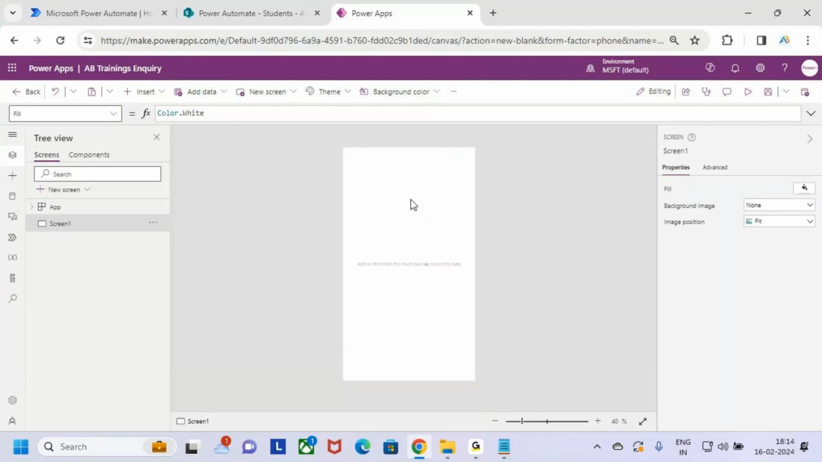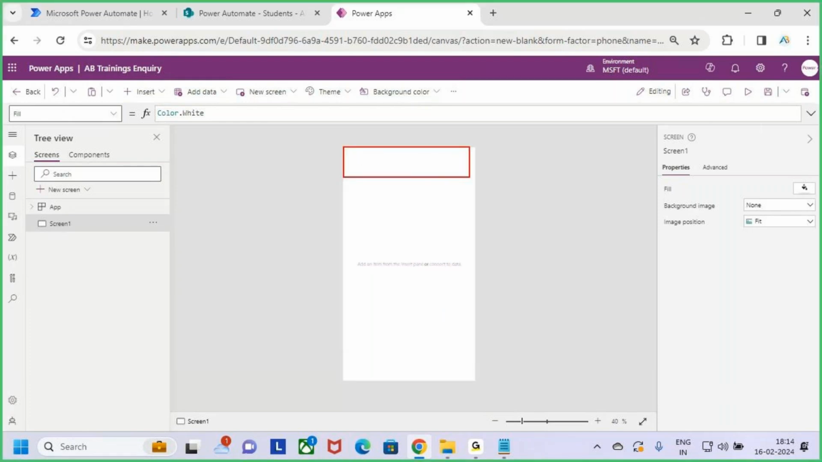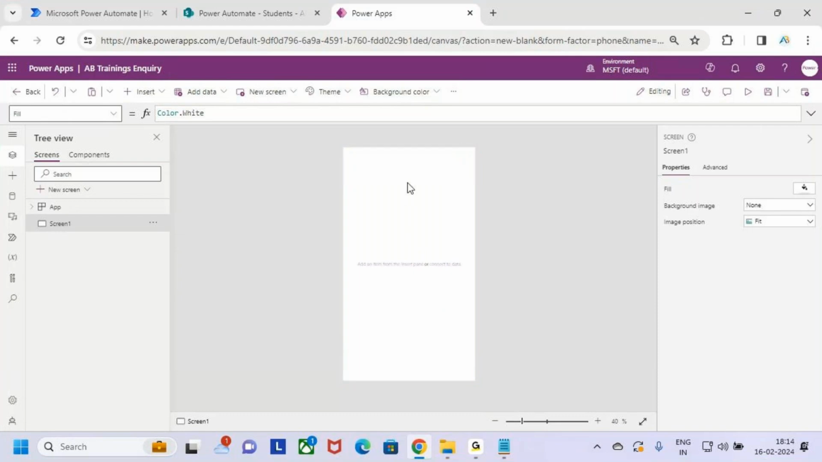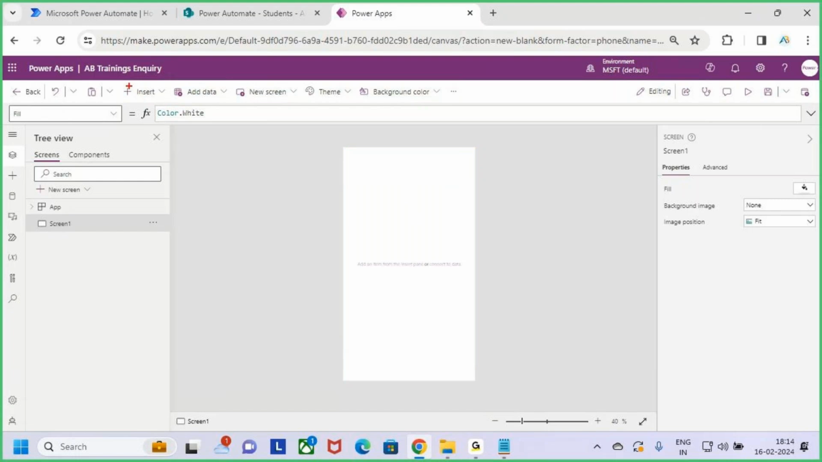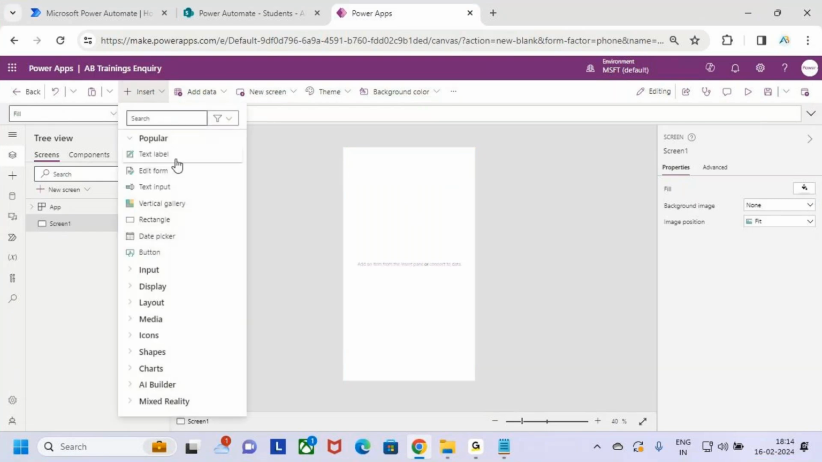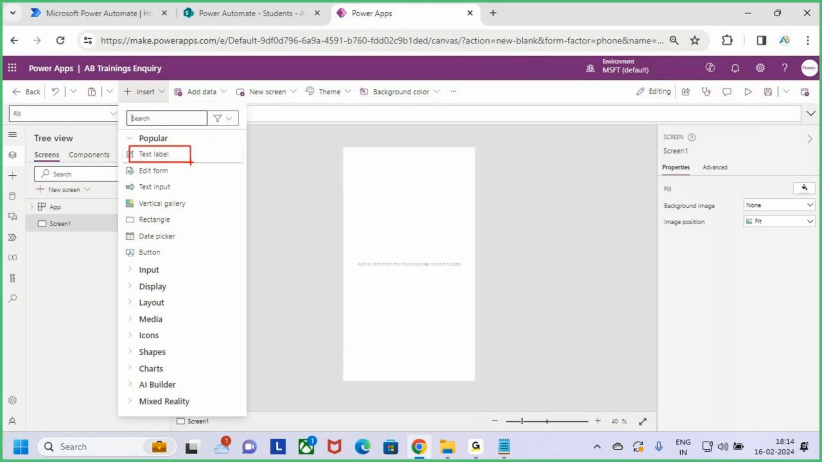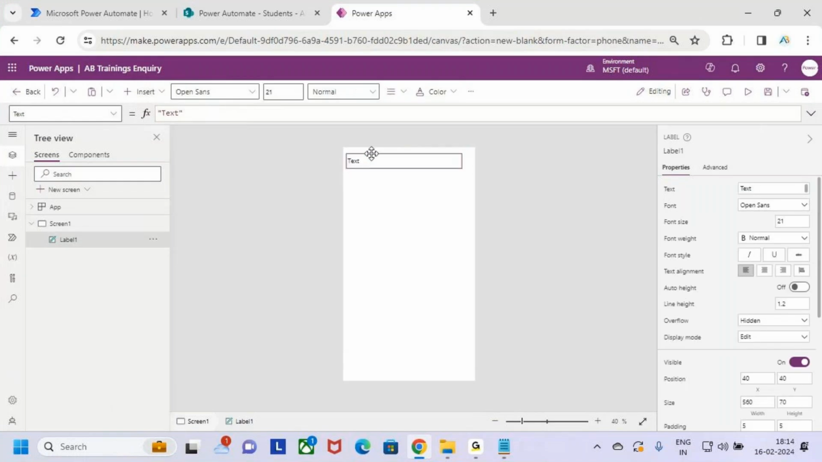Now my requirement here is, first I want to create some header. To keep the header, add one control. Go to the Insert tab, click on this Insert tab. Let me add this control, Text label, and keep it here. Now let me change the text to new student,